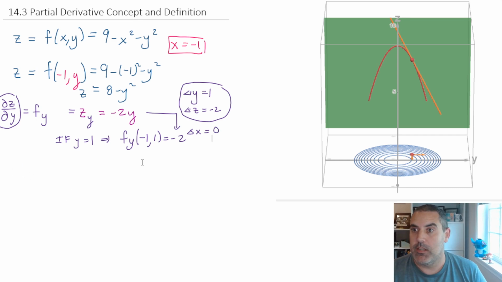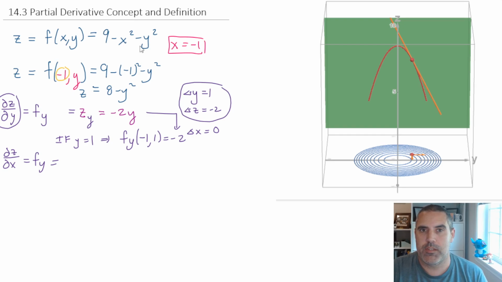Okay, so that's one perspective. There's no reason we can't do the other perspective. So the other perspective is, what if we do the change in z with respect to x? You don't actually have to put a particular number in. You can just think about it as fixed. So if we think of y as fixed, and this is the only variable,